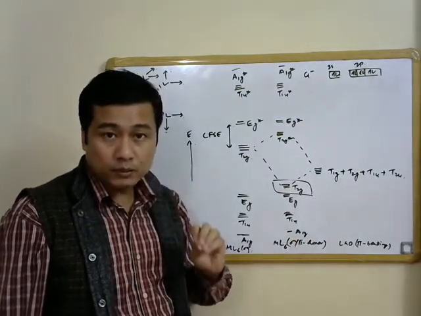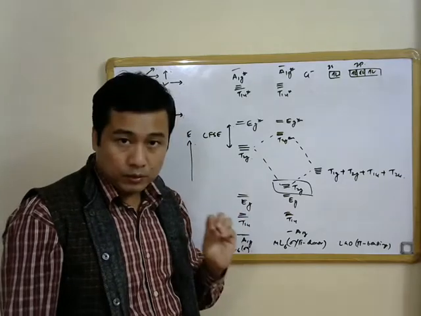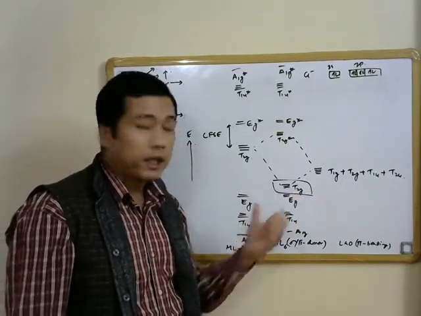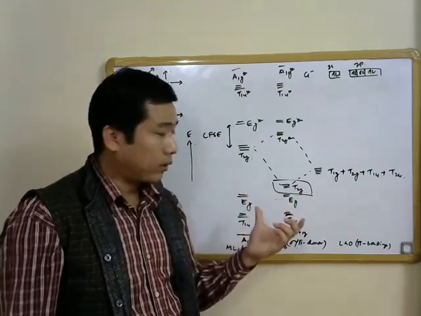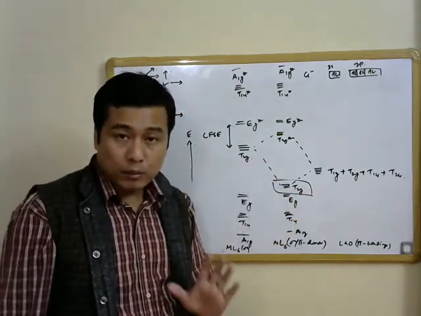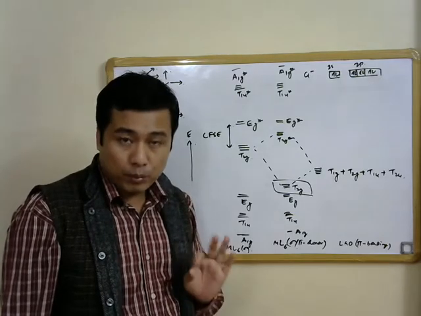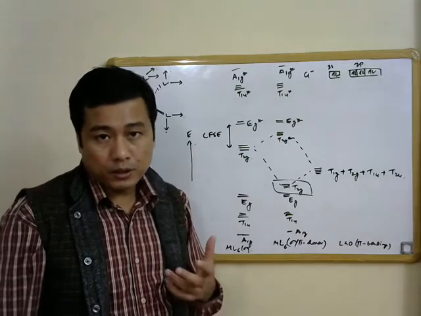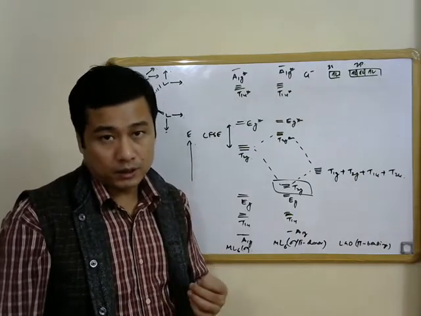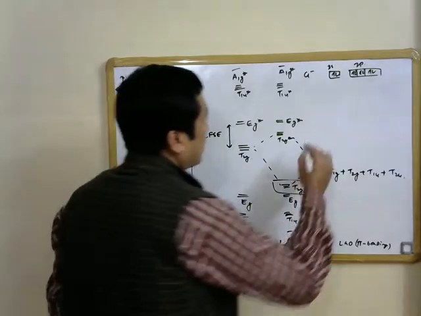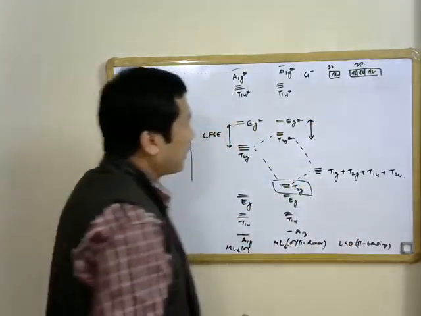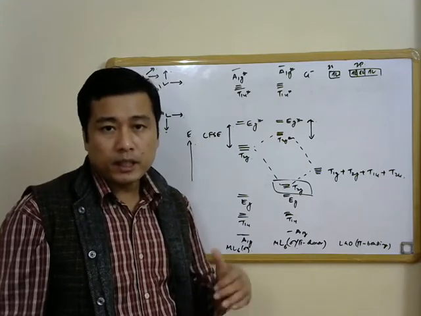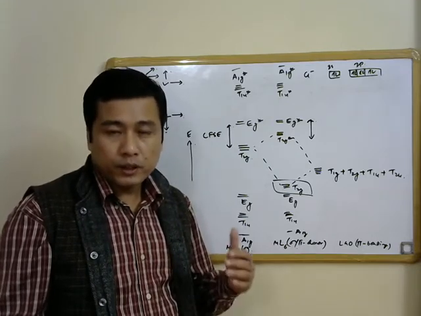So these ligands have filled orbitals, and the electrons in these filled orbitals will essentially occupy the T2g bonding molecular orbital and the T2g star antibonding molecular orbital. A pi molecular orbital is going to be occupied by metal d electrons in metal d orbitals essentially, and that is why after pi bonding we see that the energy difference between the T2g and the Eg set of d orbitals of the